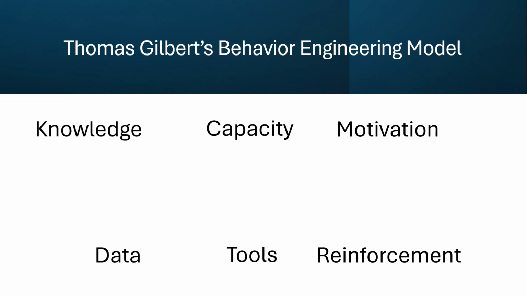So we need to provide whatever reinforcement we can. We need to find that key so that when they have all of the data, all the knowledge that they need, all the capacity, all the tools that they need, we are also providing whatever reinforcement that they need to complete that behavior. Later, we can look at phasing it once it's become a part of their behavior toolbox. Then we can look at pulling it back. But as they're learning something new in particular, we've got to make sure it's there.